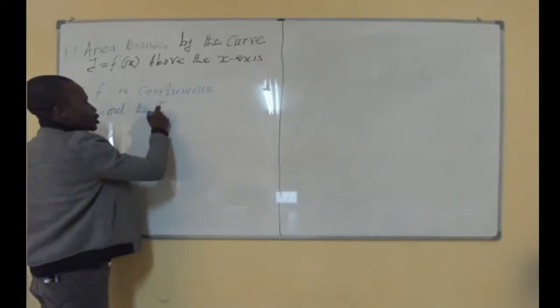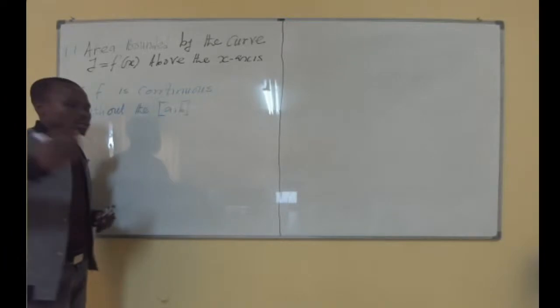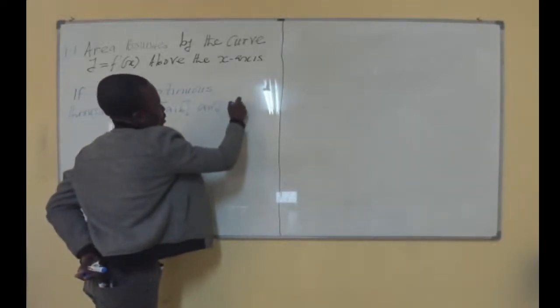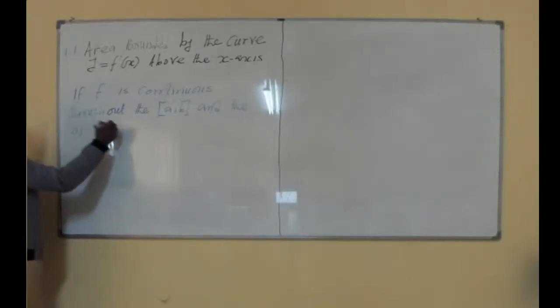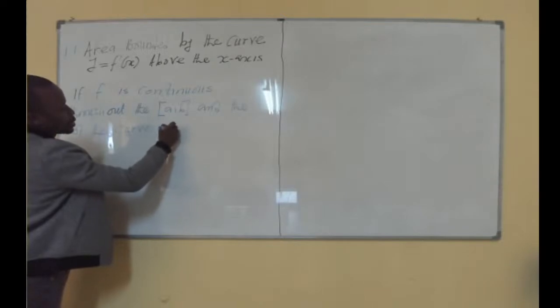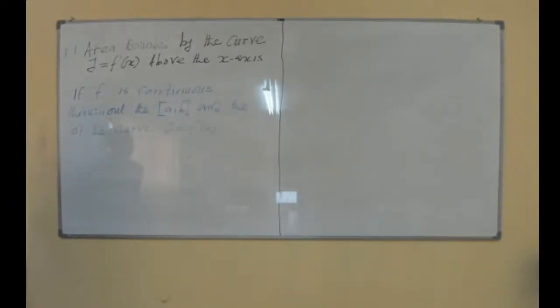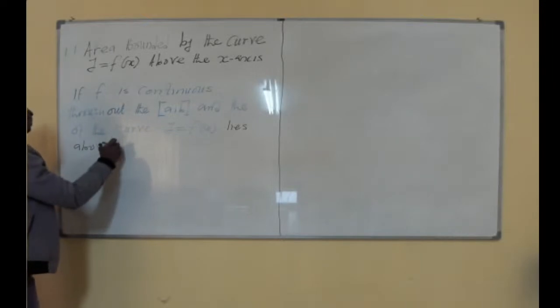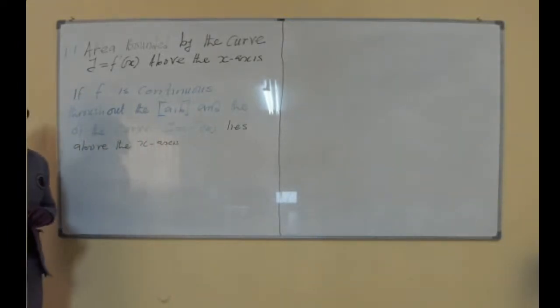So we have a function f which is continuous in the interval AB, and the part of the curve y equal to f of x lies above the x-axis, then the area between that part